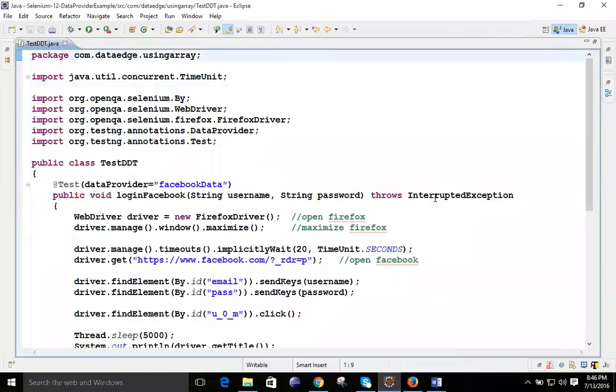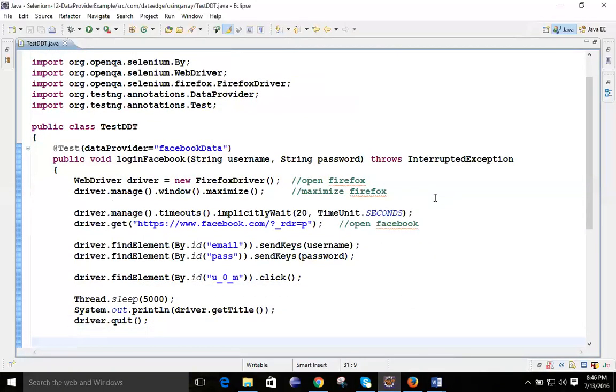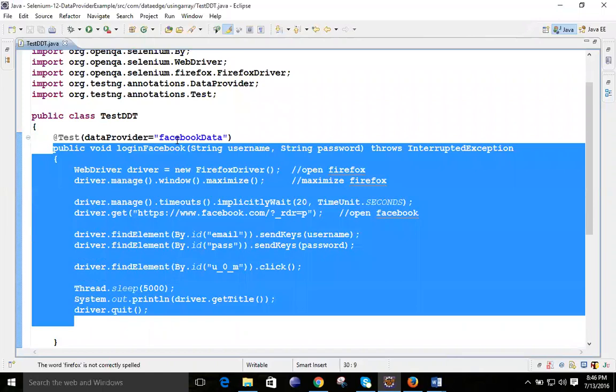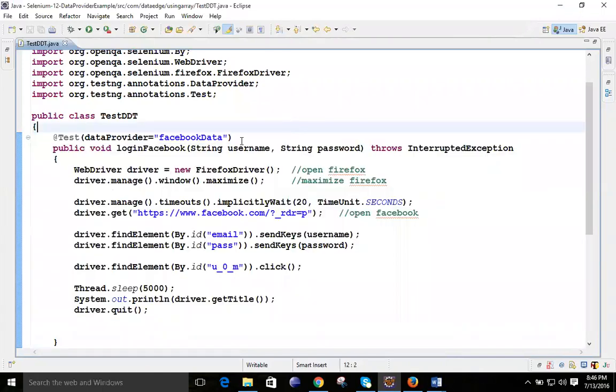Before applying that, first we will focus on how our code will be designed. The code will be very simple; you only have to take the help of a single annotation. On your screen you can see one test script named LoginFacebook, and it is accepting the username and password from somewhere.